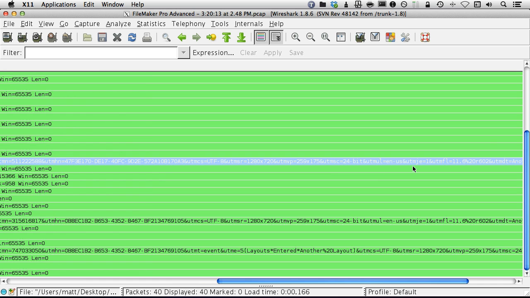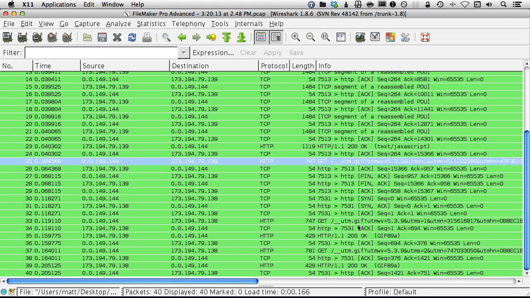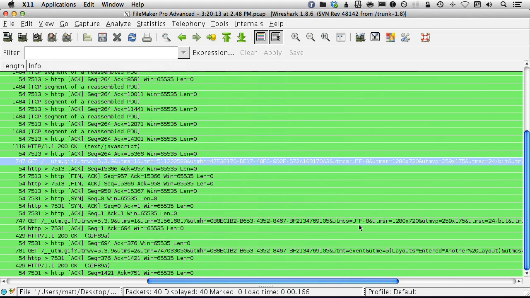As I scroll over here, you're going to see all of the things that Google Analytics actually tracks, such as the monitor size or the resolution. We can see that I'm recording this video at 1280 by 720. That's how Google Analytics gets all of this information. Well, it did that once on the actual request, which was the page view, but then a second time on